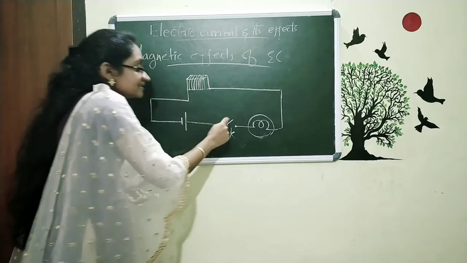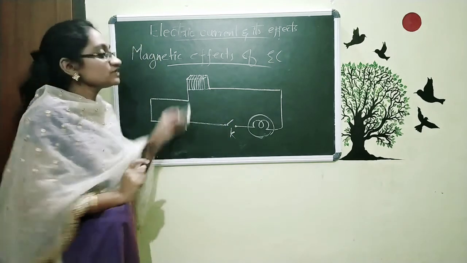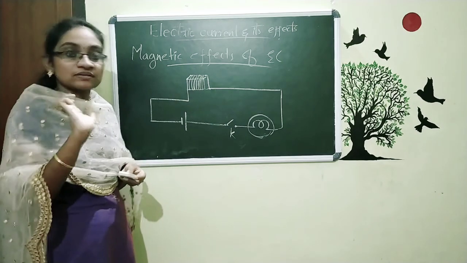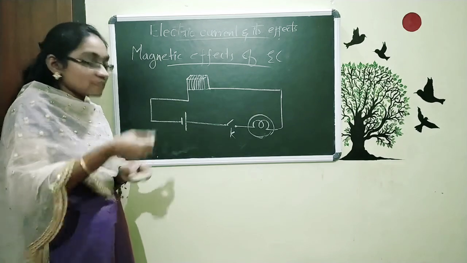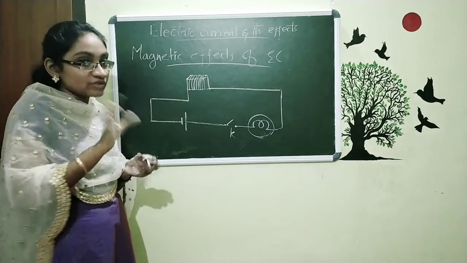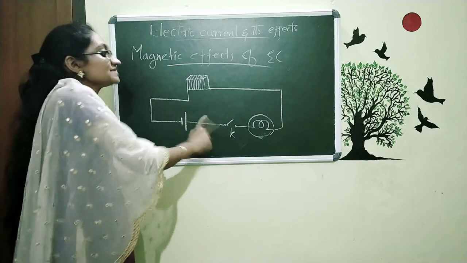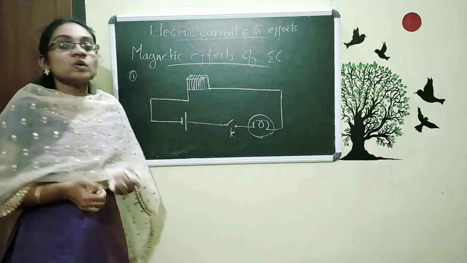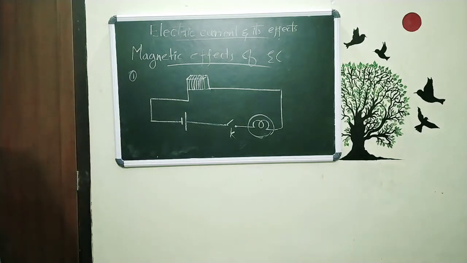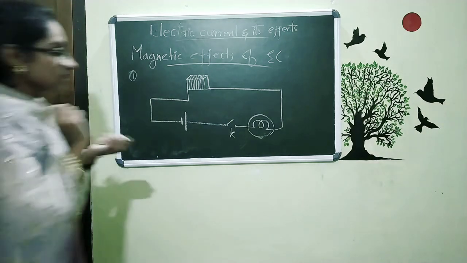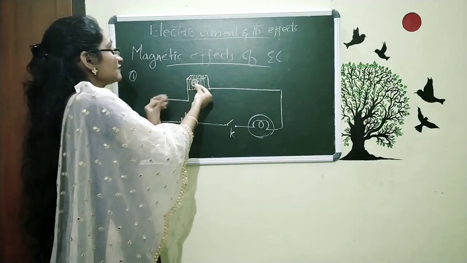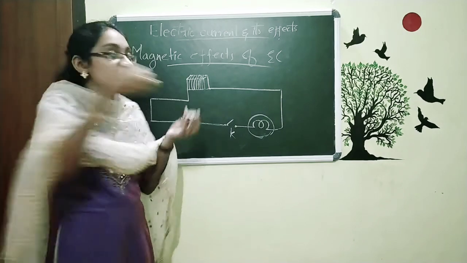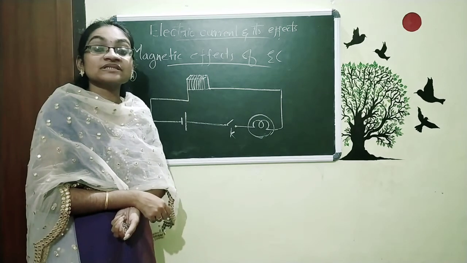So, when this key is open, you just observe that it is not moving. That means this compass is at rest. It is having no such motion when we open the key. That is the first thing. Now, we bring a magnet near this. That means here we still have the compass and all the circuit is there. And when we are putting a magnet near this, what can you observe?